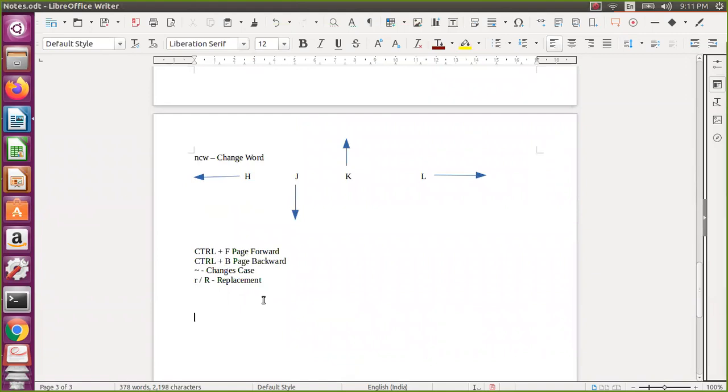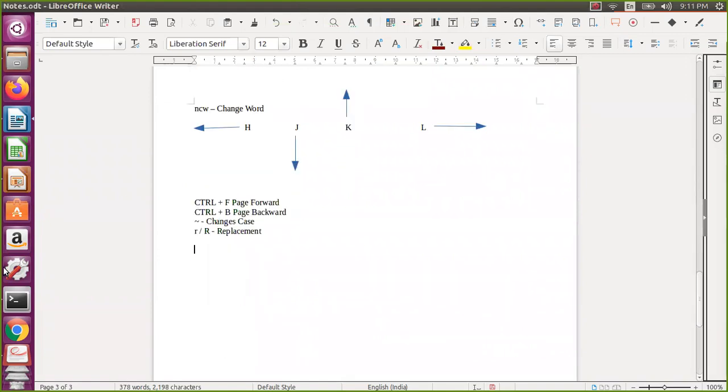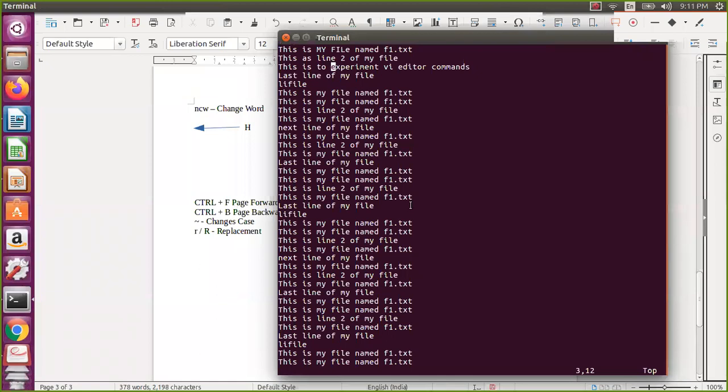So one command is dot. That is for repeating the same thing. Let us assume I want to repeat something. Let us assume I change this one, I will just say text file. Like this I changed that file to the text file. Now I come here and just press dot.